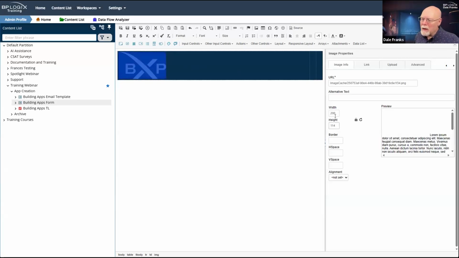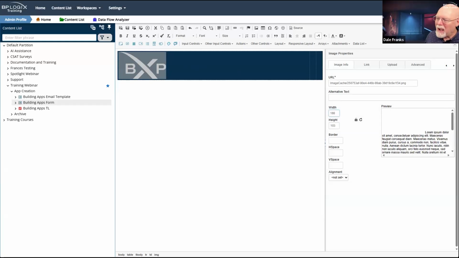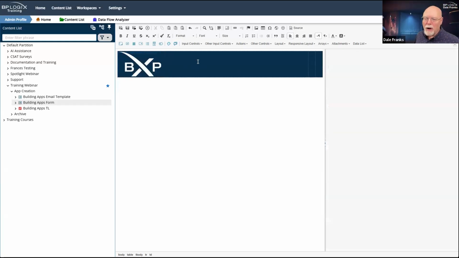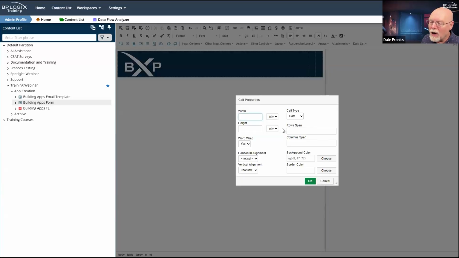In fact, I should probably make it a little smaller, right? I should probably make it somewhere in the 180-ish size, because what I'm going to do for this table cell that it's in is change that table cell width, and set it to a constant width. So I'm just going to go to cell and cell properties. I'm going to do 2 things. First of all, I'm going to set the horizontal alignment to center so that it centers my logo in the cell horizontally, and I am going to set the width in pixels, not percent. I want a fixed width. And here I am going to set that width to 200.